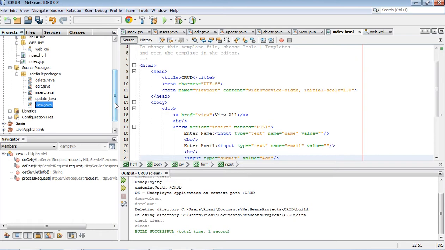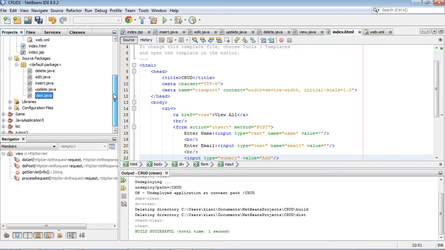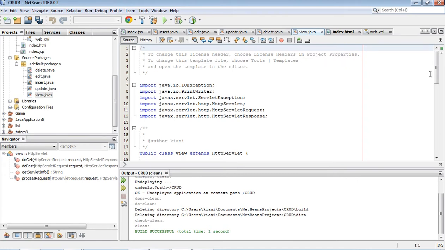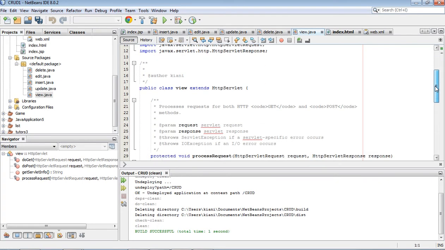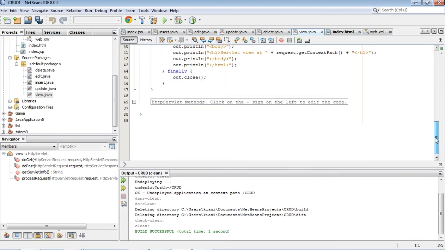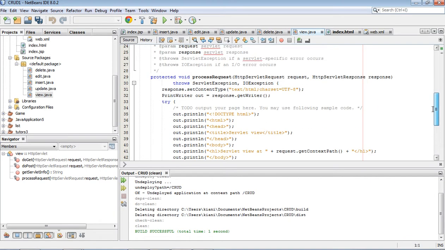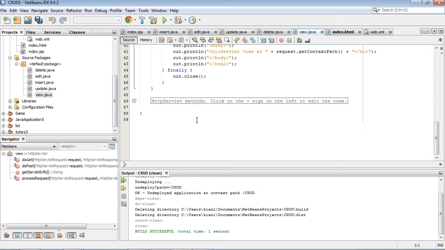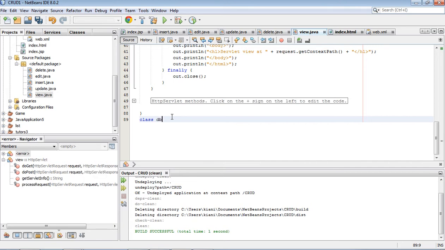We have view. Okay, we should see view.java. In view.java, we will have a new class for the database, class db,